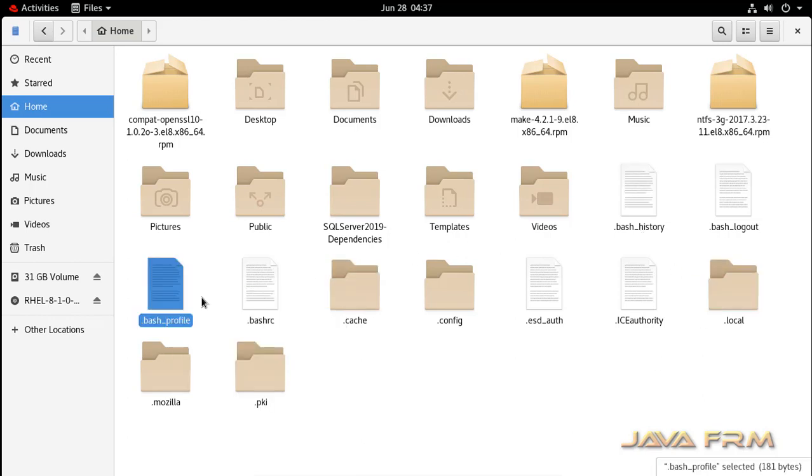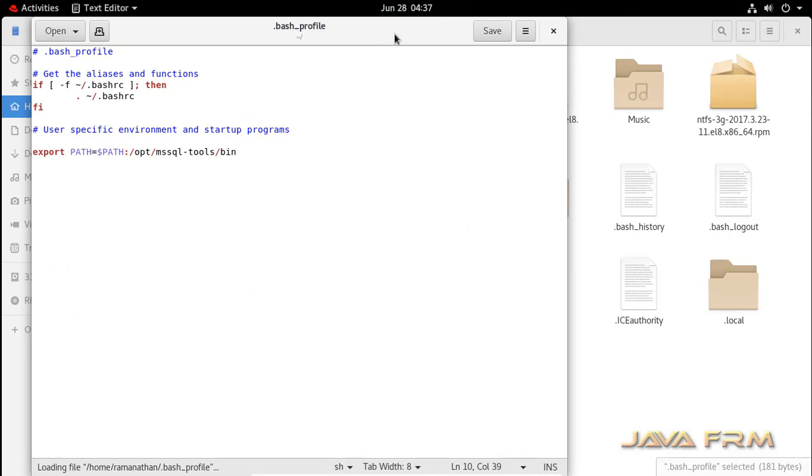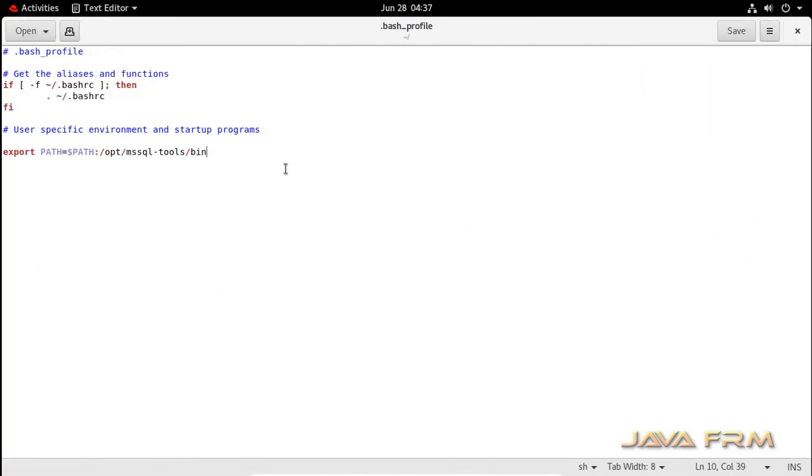Okay, so now what I'm doing, I'm going to edit the bash profile of the current user. So I'm going to add the .NET Core 2.1 path to the bash profile so that it will be available across the system. So save the bash profile.